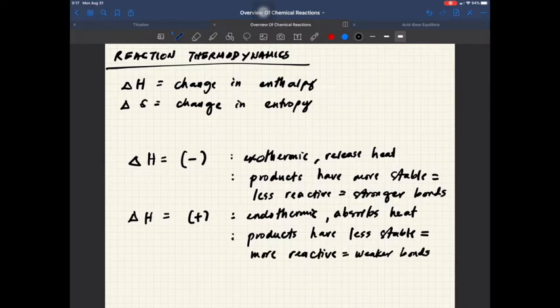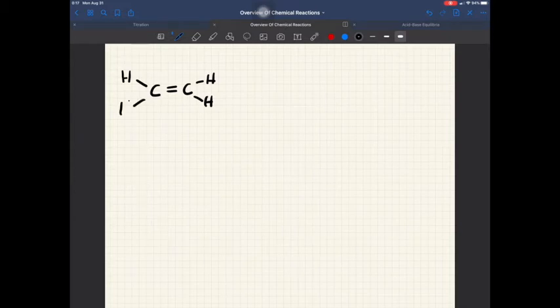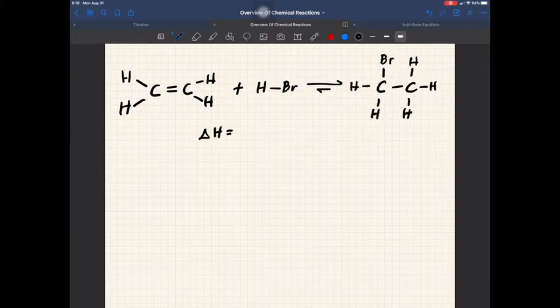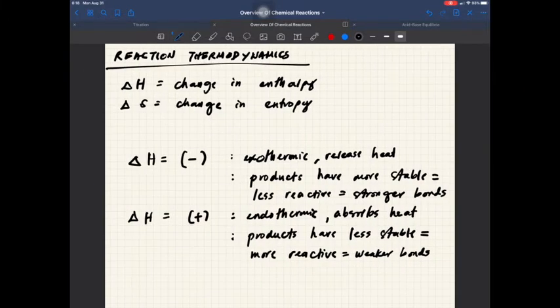Let me give you an example to this. The electrophilic addition of hydrobromic acid to ethene results in the formation of an alkyl halide. This reaction has a negative delta H. Remember that a negative delta H means that the reaction is exothermic and the products have more stable or less